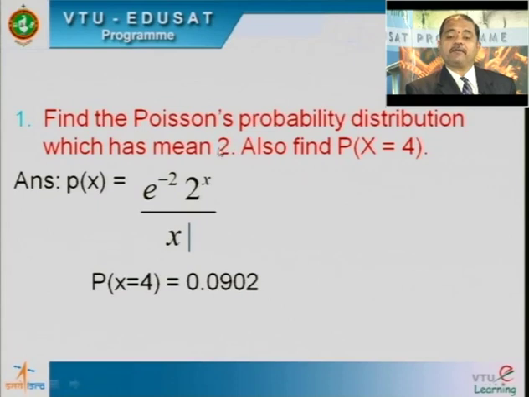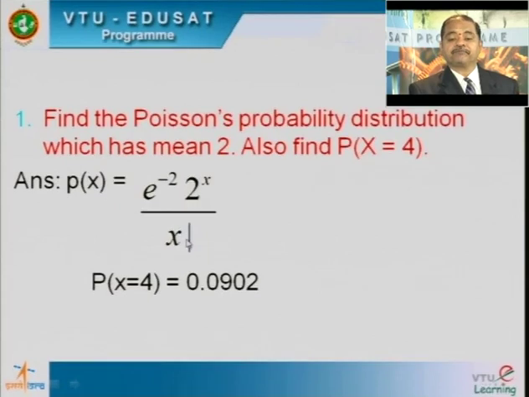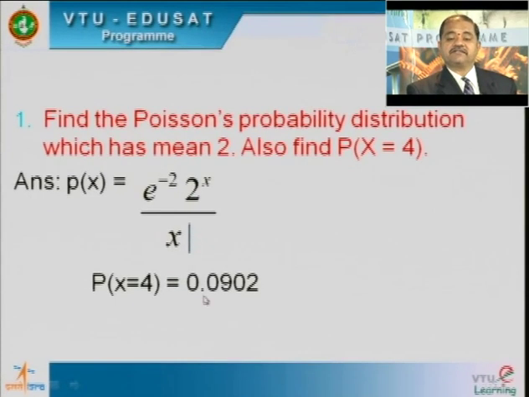So in this problem lambda is equal to 2. So I am writing the probability function e power minus 2, 2 power x by x factorial. I should put x is equal to 4: 2 power 4 by 4 factorial. The answer is coming to be